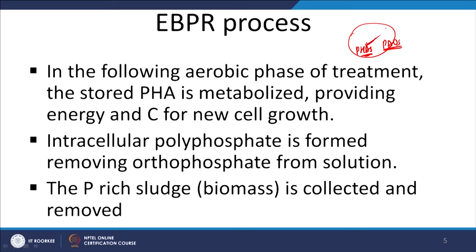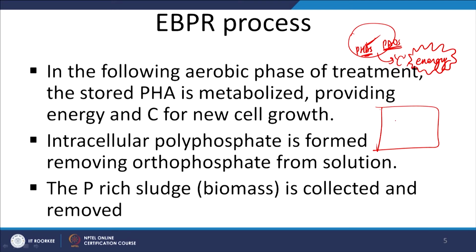So, they burn the PHAs, and when they burn, they release a lot of energy. So, they have a lot of carbon and a lot of energy to increase their biomass. Now, when this has been done, what they do is they convert the available phosphorus